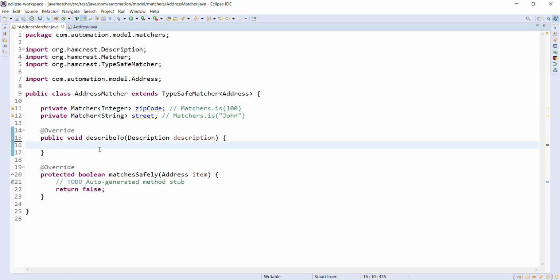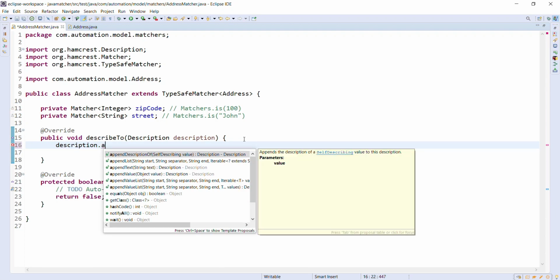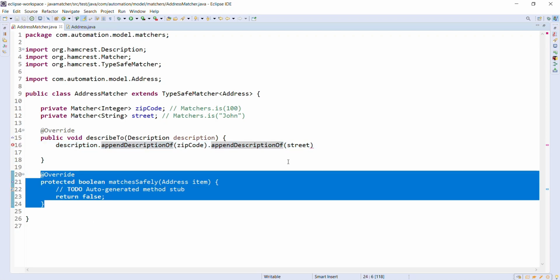And then we will provide the implementation of this method. So I will use the description object and then call the method appendDescriptionOf street, and similarly for the zip code. This will create the error message in case this method returns false.